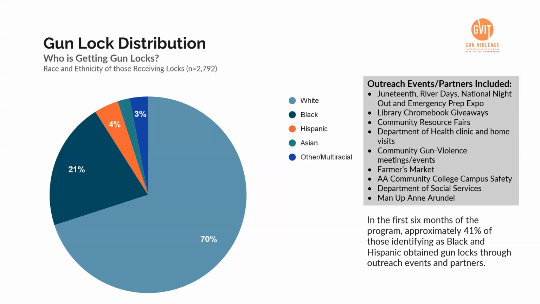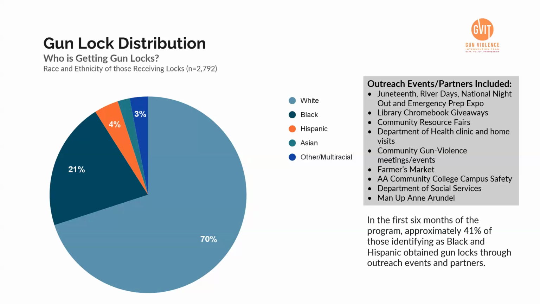I'm going to touch on what gun lock distribution looks like. So we started with the public libraries, as Gloria mentioned, as our initial partner, because this was her wonderful idea. But then we quickly figured out that we needed to expand how we were getting them into the community. So in some meetings with various partners for all sorts of different reasons, either people would bring it up to me, or I would be giving them updates about what we were doing as a health department. This would come up and folks would say, we'd love to give them out on your behalf.